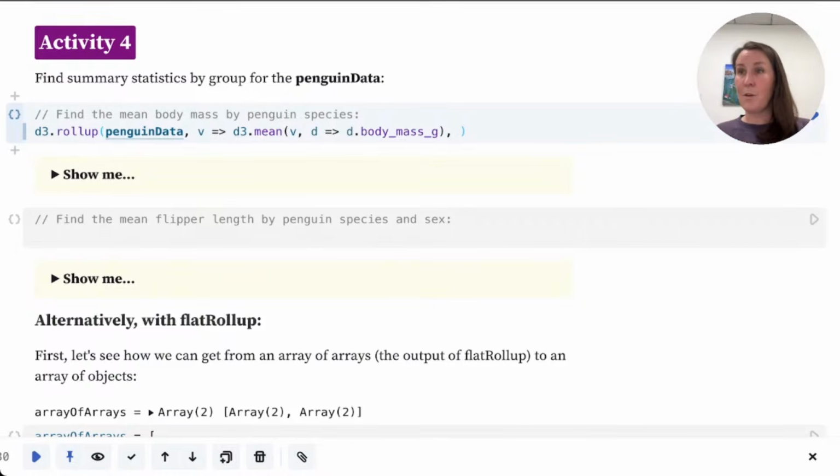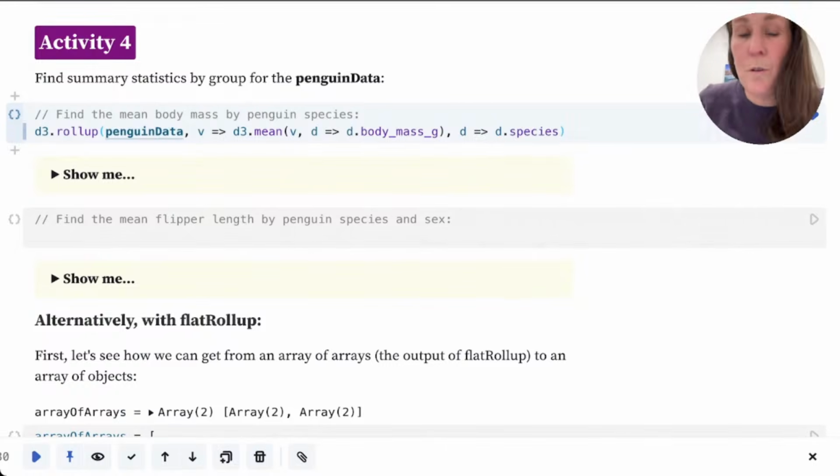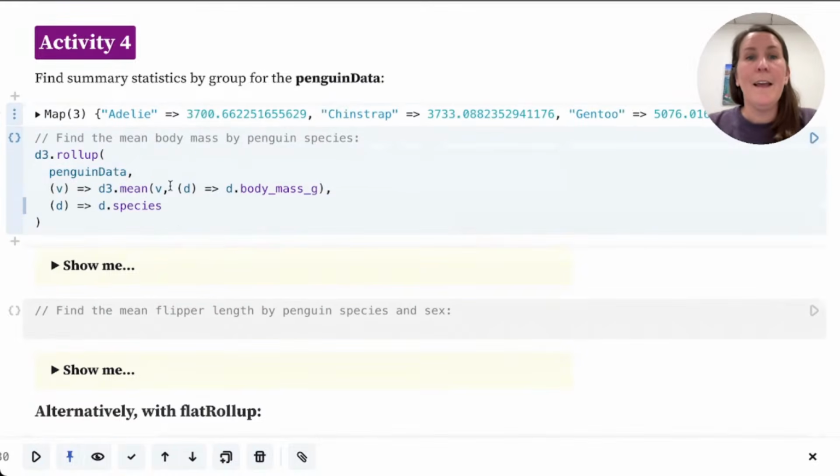But the last thing that rollup needs is it needs to know what property you want to split this up by to calculate the different summary statistics by group. So here, that's what I'm going to give it next: again, a little accessor function where I'm just saying I want the groups to be created based on the different unique levels that exist in species. And if you run that, again, shift return or pressing that blue arrow button, then you can see